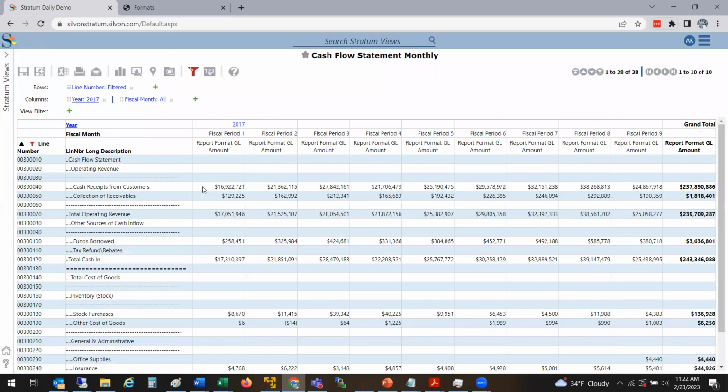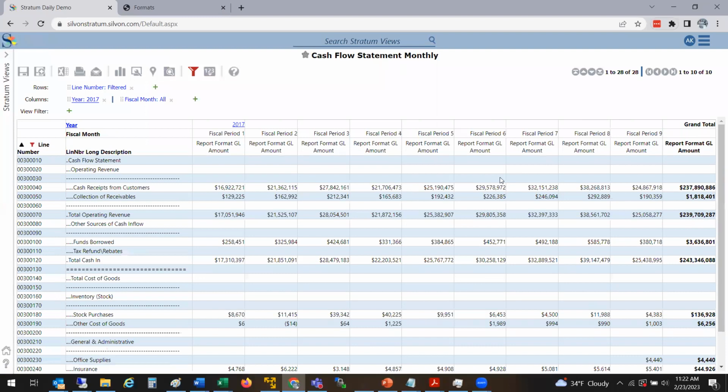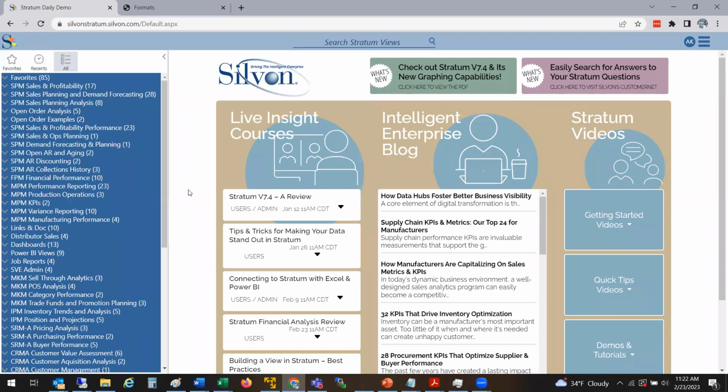Again, same thing here with the cash flow statement. Here's my cash flow, with all the receipts from customers, receivables, etc. I can certainly just aggregate that up and look at it at a yearly level or drill that down as needed. So just within Stratum itself, you have this capability of building these reports, starting simple, adding additional cost factors,